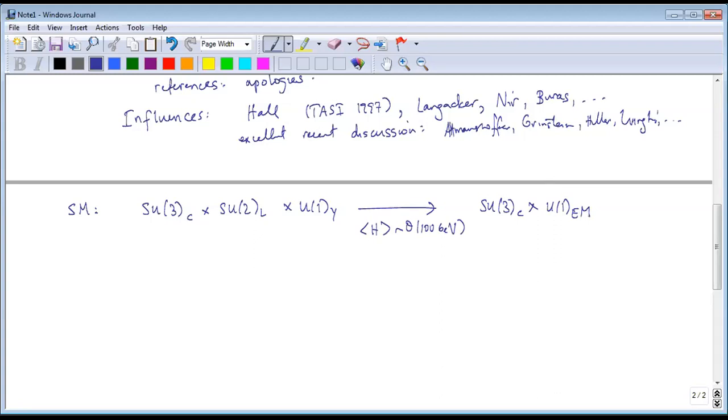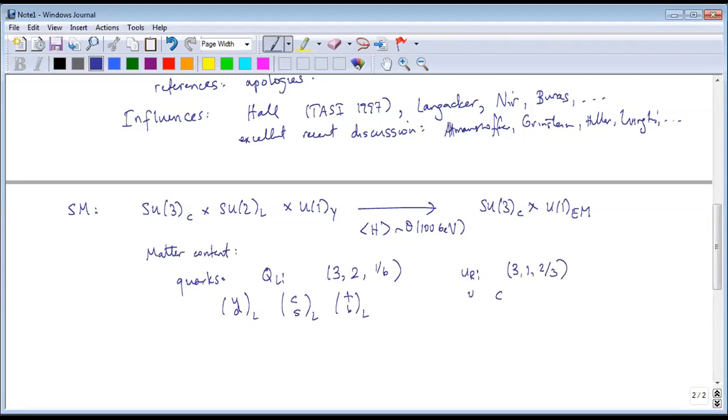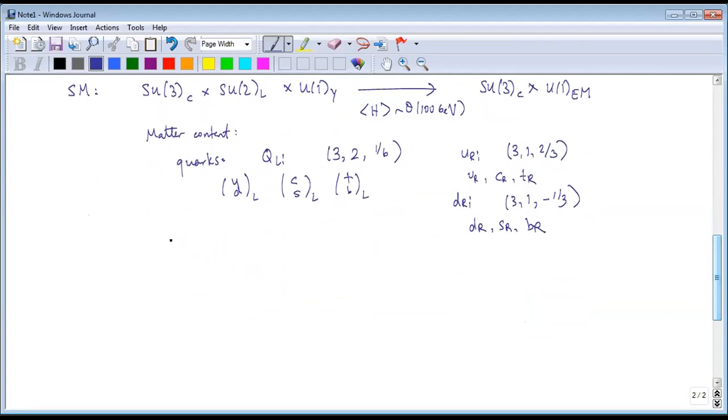And let's talk about the matter content. I've already covered some of it, so let's just rewrite it in standard model appropriate language. In the quark sector, we have the doublets Q_L^i, which have, with respect to the standard model gauge groups, quantum numbers (3, 2, 1/6). These are of course our friends u_L d_L, c_L s_L, t_L b_L, the gauge eigenstates. And we have the right-handed objects, which, very importantly, are singlets with respect to the SU(2) left group: u_R, c_R, t_R, and we have the d_R's. Now, for the leptons,